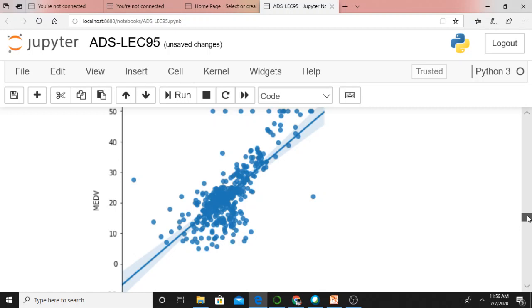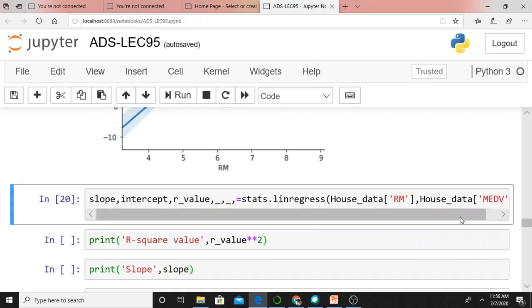The visualization here indicates a clear linear relationship, and Seaborn has also fit a regression line on this data. Regression analysis is useful because this regression line can then be used for predictive analytics. Given the number of rooms in a home, you can use it to predict the price of a home. If you want to perform simple linear regression using a single predictor, you can do this in a very straightforward manner using SciPy. This is SciPy; stats is related to SciPy.